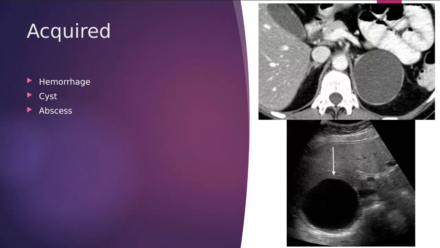And then they can also form abscesses. So any organ that is likely to have an infection or inflammation is not immune from getting any type of abscess or pus collection. So with this picture on the bottom, the top picture actually is a contrast enhanced CT, and this is our liver, here's our IVC, here's our aorta, and here is our cyst on the adrenal